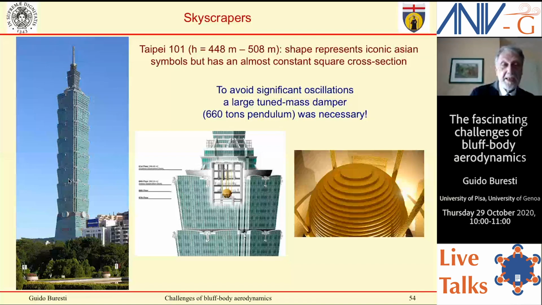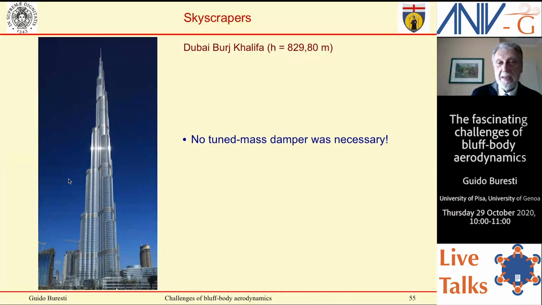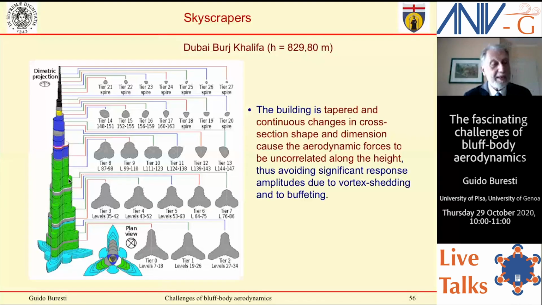And then the other one, Dubai's Burj Khalifa, which you know is the tallest skyscraper in the world. And this skyscraper did not need a damper, any tuned mass damper, any added devices. Why is this so? Because its shape is completely changing. It is not only tapered, which is a good thing, but you see the shape of the various cross sections